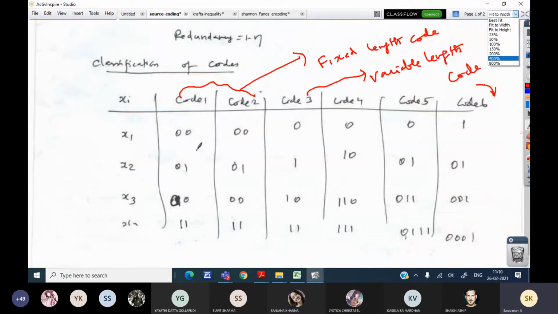Sir, why is code 1 and code 2 the same exactly? Code 1 and 2 are not unique codes. Why are they not distinct? Because for x1 I am using 0, 0, the code word is 0, 0, whereas for x3 also 0, 0.